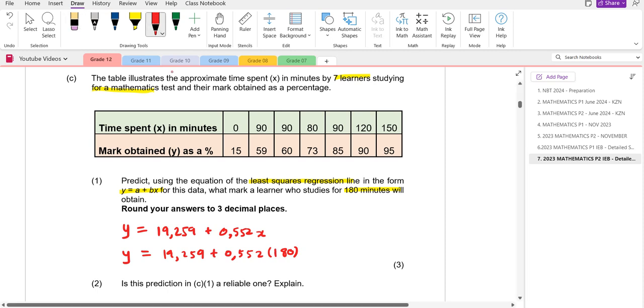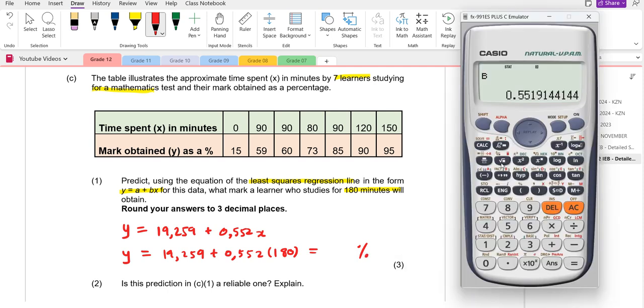Remember, mark is a percentage, so you should obtain a mark. So what we're going to do, 19.259 plus 0.552 times 180. I'm getting an answer of